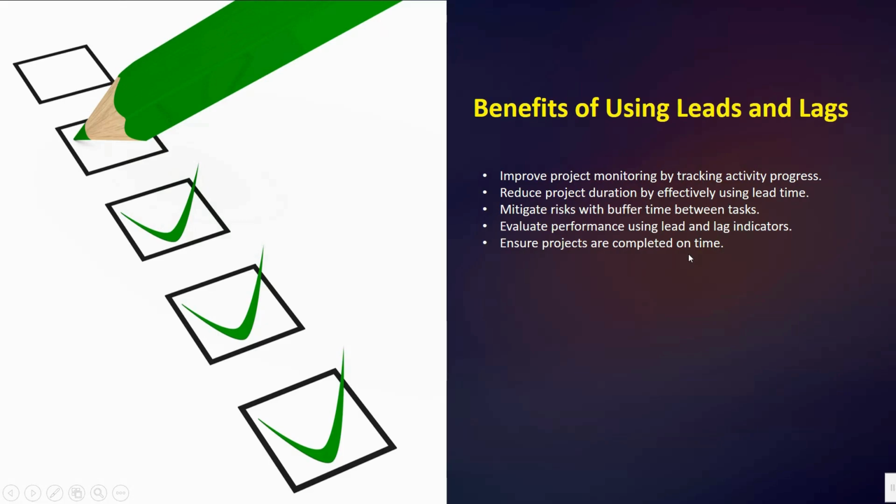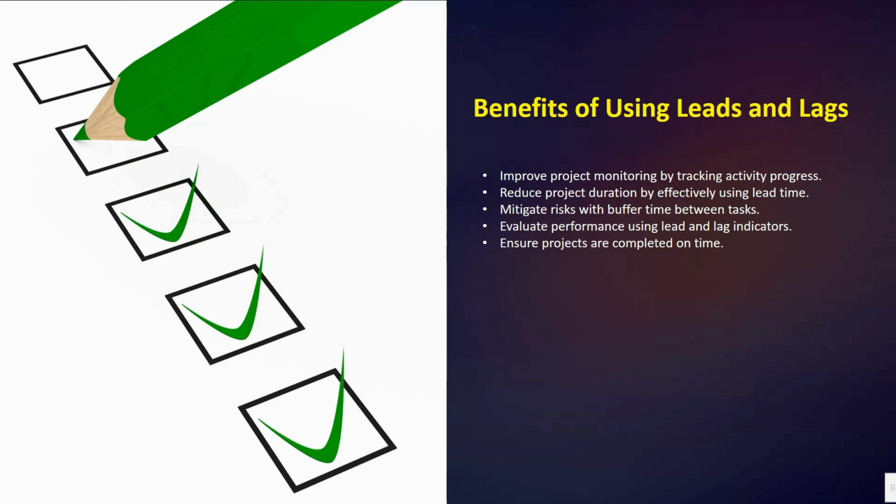Okay, so the use of leads and lags offers several benefits that strengthen project scheduling and control. Lag and lead help project managers to improve the monitoring by tracking the actual progress of activities against the planned sequences. By applying lead time, a project can be completed earlier, because if we enter lead time, the project reduces the overall duration